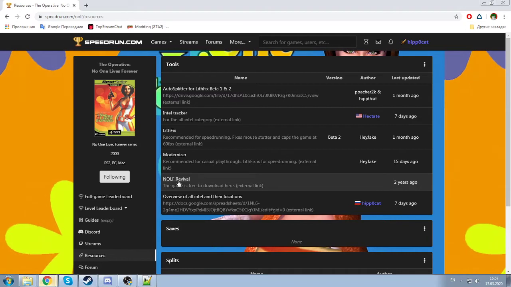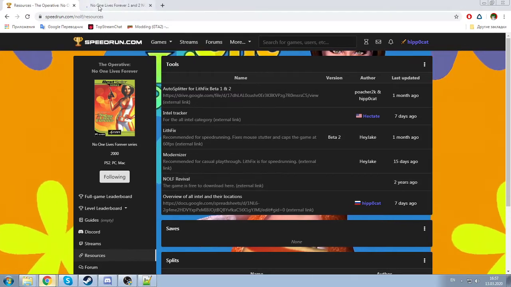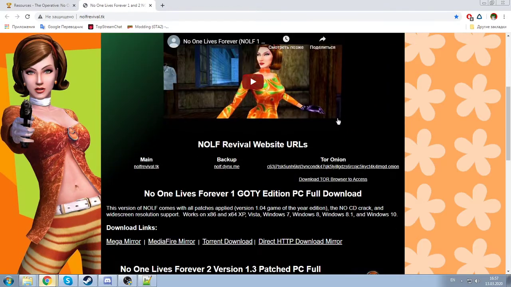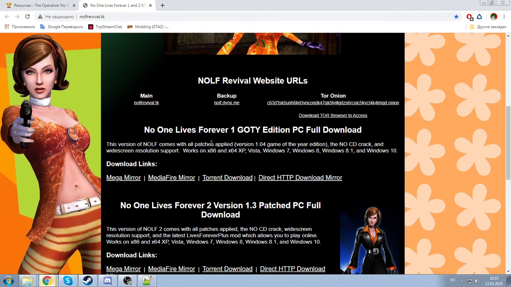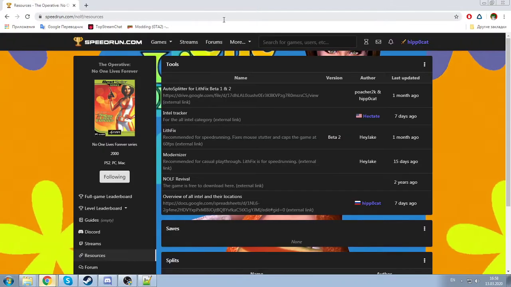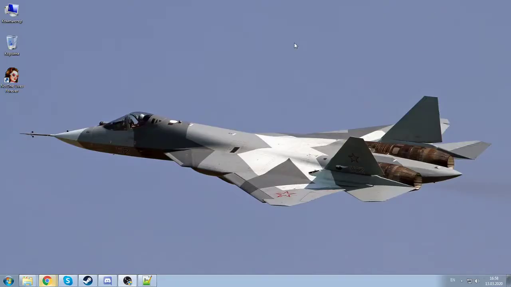The one you want is Nolf Revival. This website looks kinda shady, but trust me, this is actually a legit game version and it's not gonna give your computer any viruses or anything. This is what I'm using. Alternatively, I guess you could find an old CD of this game if you're lucky, if you don't trust this website. So, after you got the game, just install it